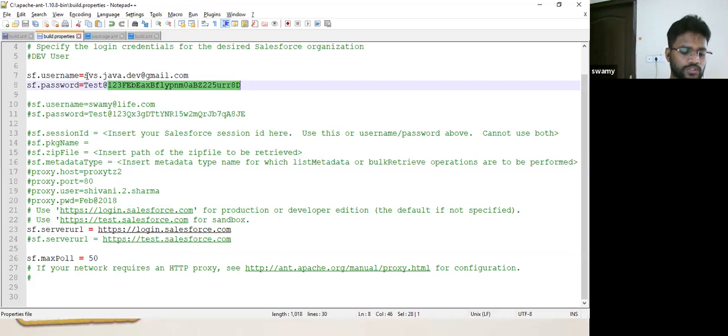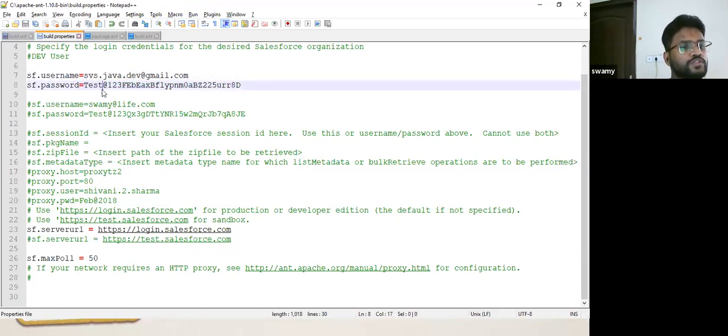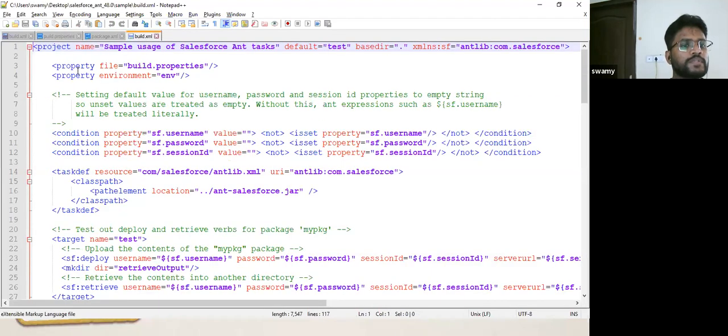It will use your username and password to your org along with your security token. So this entire thing, test@123 with the security token, will be the complete password and will create a connection with these two lines, build.properties.